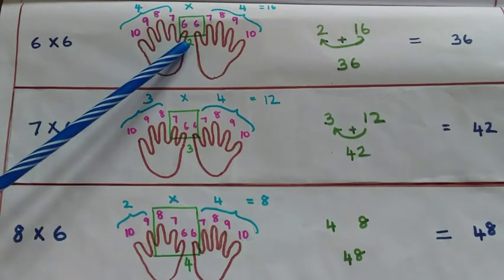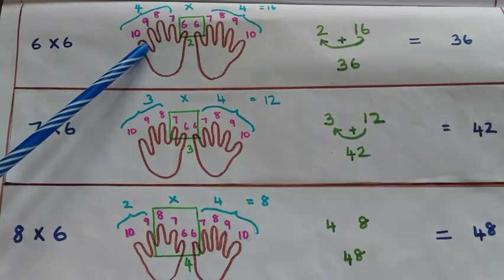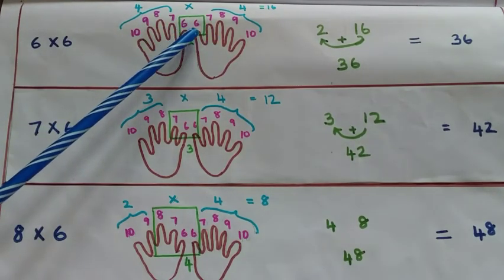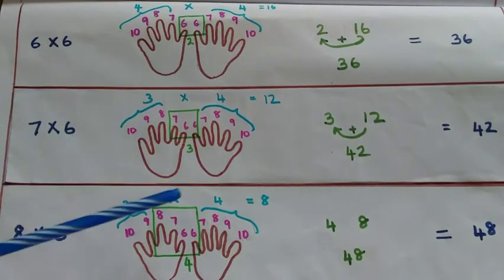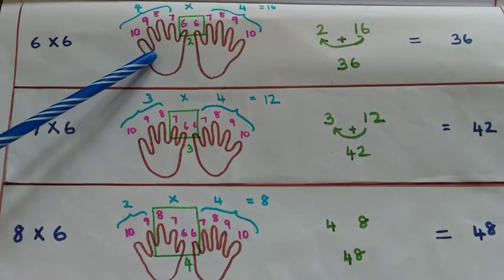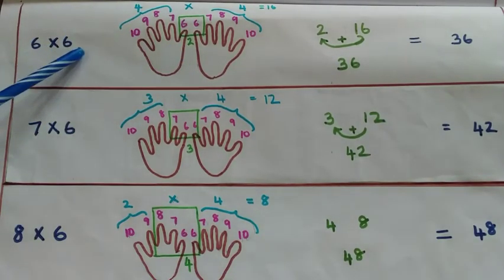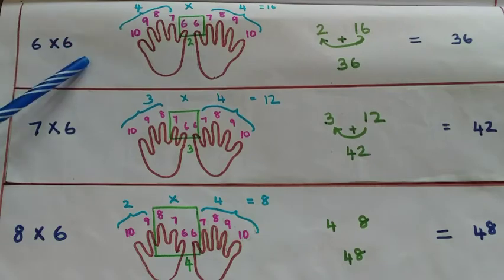Starting from the little finger, you need to number the fingers in this order as 6, 7, 8, 9 and 10, and here also you need to number the fingers as 6, 7, 8, 9 and 10. This has to be clear for each row. This is going to be the numbering of the fingers. So once that is done, then you need to look at this question. What do we need to find the result of? We need to find the result of 6 sixes.